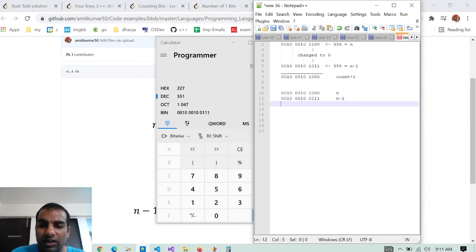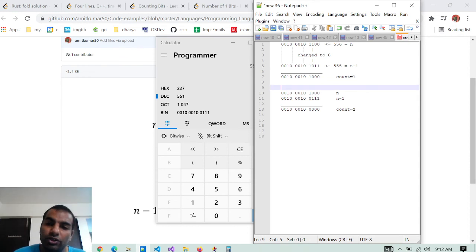Now if I AND both of these numbers, the bits before the least significant one remain the same, and this becomes 0. So we increment the count by 1, so count becomes 2, initially count was 1, right? Now you see we have only 2 ones left.